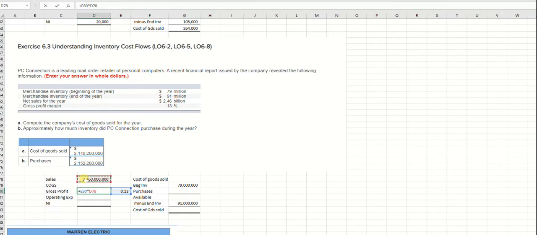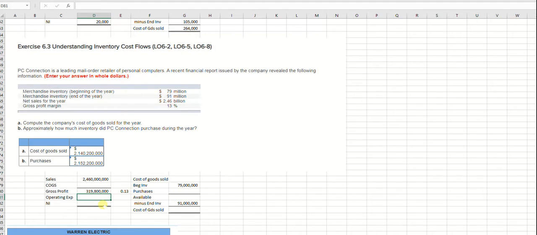So basically what they're saying is, think of it this way. If you put $1 in a machine, we'll say a soda machine, we'll pretend they're selling soda for $1. Sales are always 100%, then gross profit for every dollar is 13 cents of every dollar. So 13% gross profit margin means 13 cents on every dollar's gross profit.